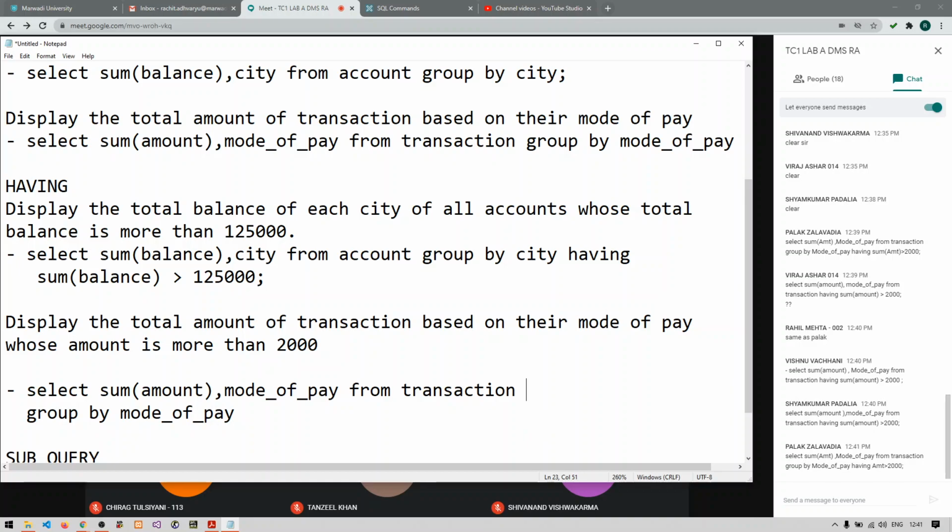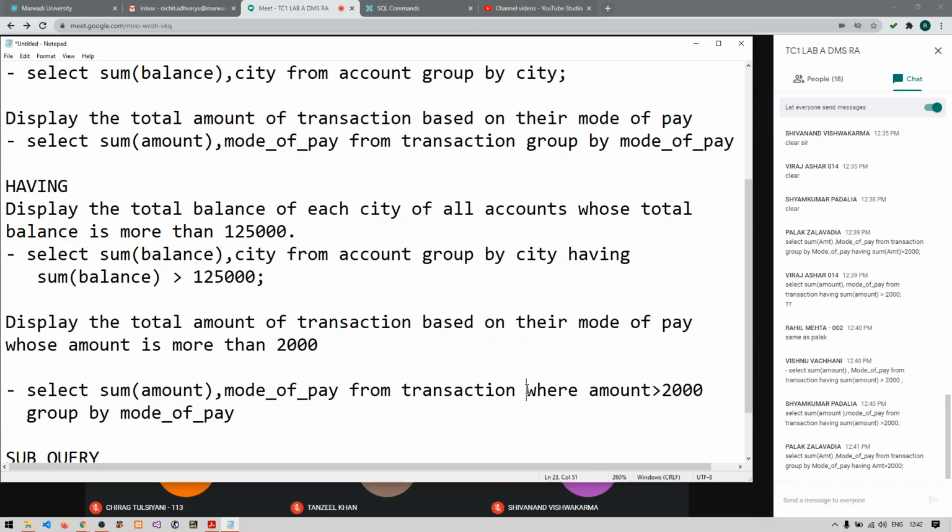But before that, I will write WHERE amount is greater than 2000. I said that you can use simple conditions. You cannot use aggregate function conditions in WHERE, but simple conditions are still allowed. So I write WHERE amount is greater than 2000, GROUP BY mode of pay. Simple. Because I don't have any conditions on aggregate functions, why should I use the HAVING clause?